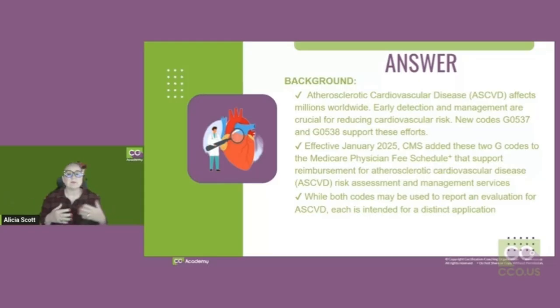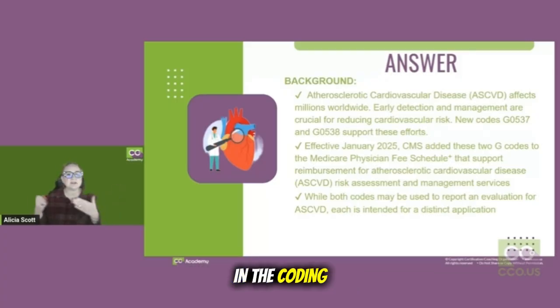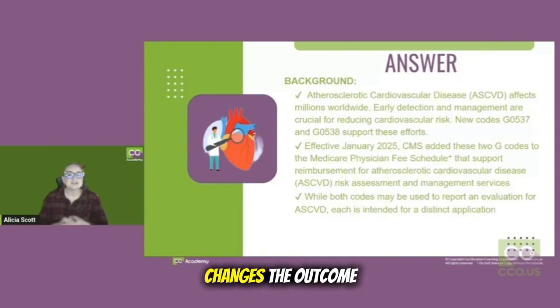For example, think of breast cancer. Why do we know so much about breast cancer now, and that early intervention is really important by getting mammograms? Because of the statistics that are captured in the coding. That's what we do, guys. This is one of those areas that we know is very prominent statistically. And they also know that early detection changes the outcome for these patients.